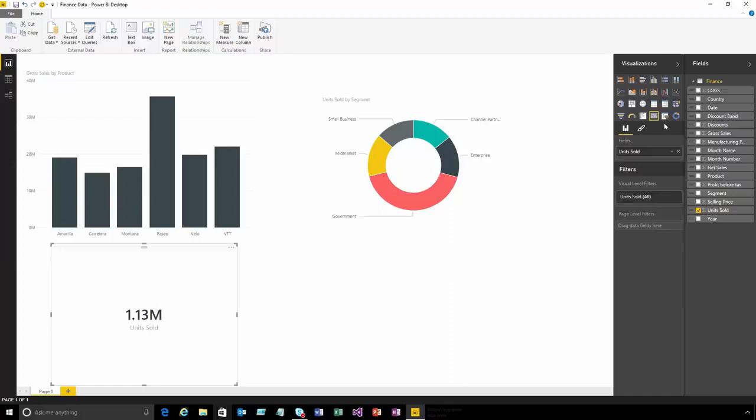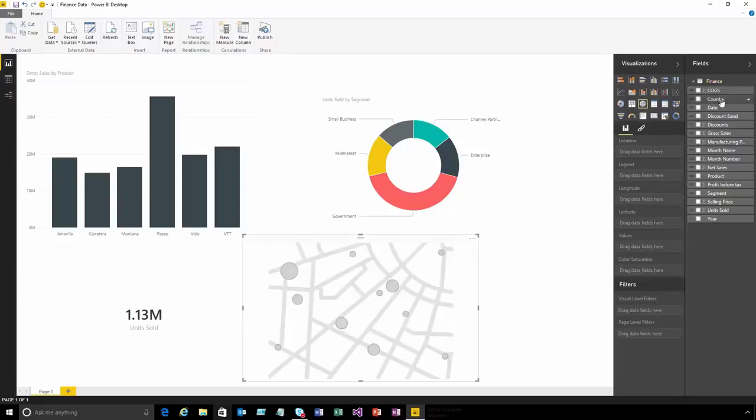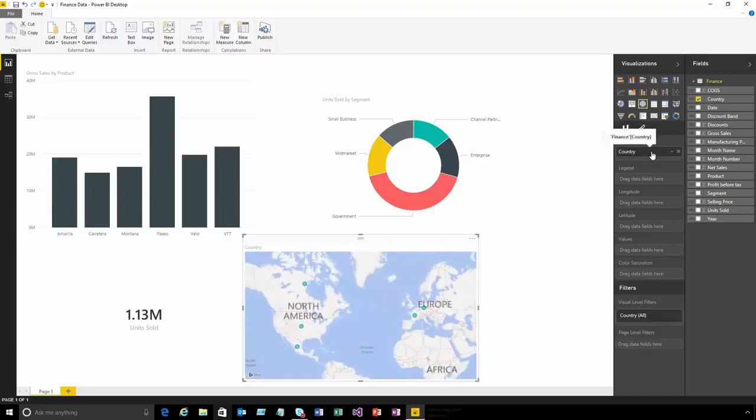If I wanted a map, I could insert one of those and then drag things like country and use this field well here to control exactly how this visual is created. So I can put country into location, and then I want to see our net sales as the value that controls the size of the bubble. This area changes depending on the visualization that you have selected. Let's just squash this up